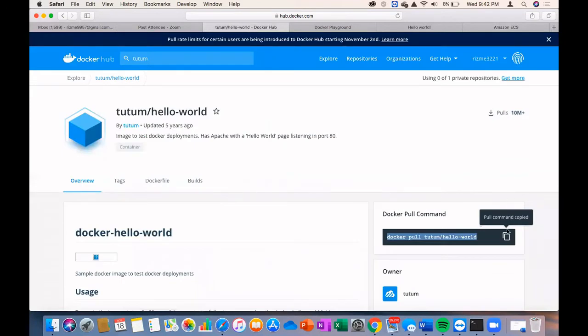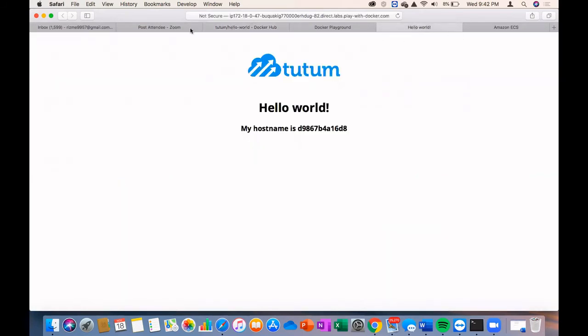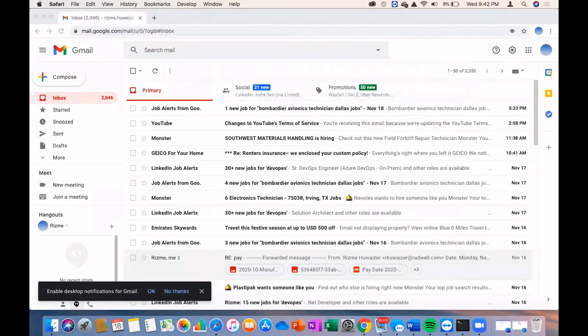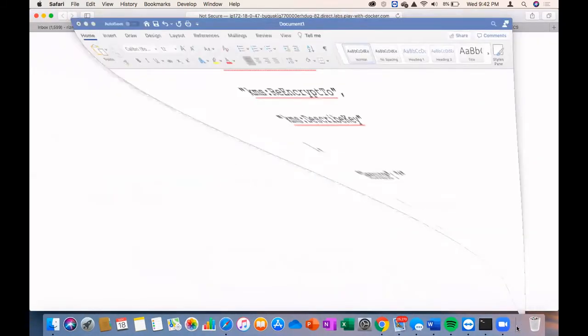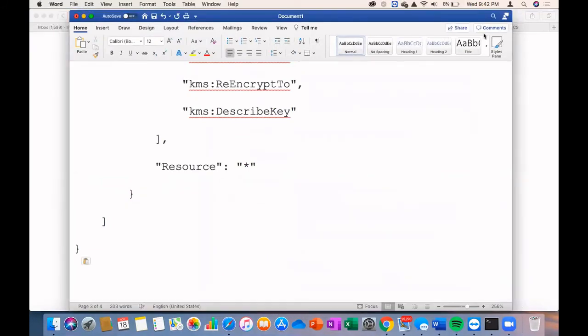Just copy that tutum hello world from the top. Yeah, come to your last tab. Last one, I cannot see it, but I'm able to see from here.